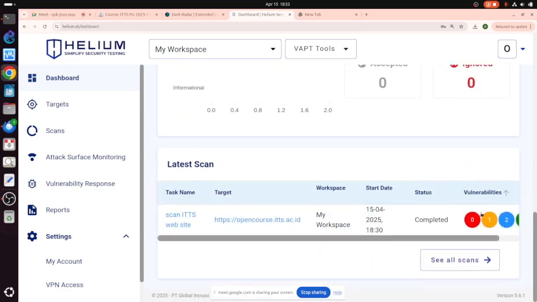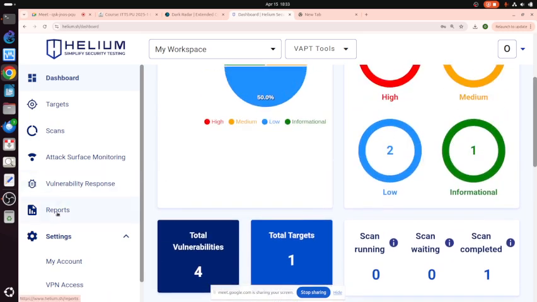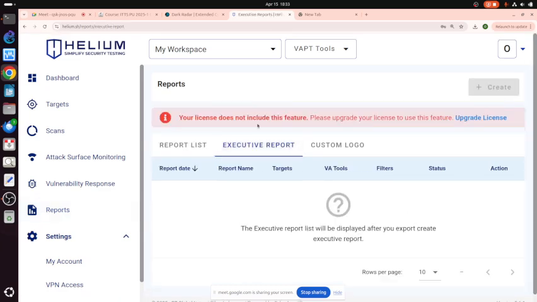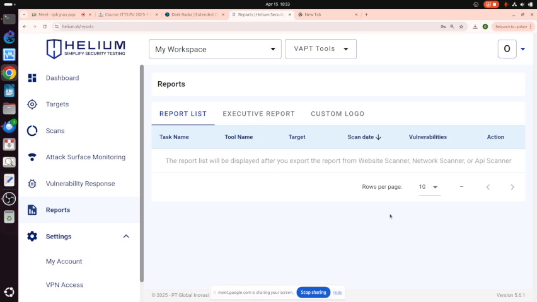Let me see if there is any more information on this one. We can create a report based on this. Can I download the report?